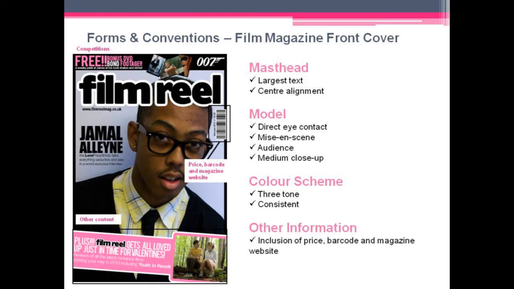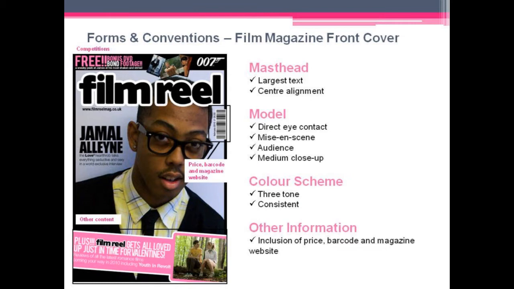The costume used parallels the style of the other texts in order to make the project as authentic as possible. Although not a famous actor, the model's youthful appearance, alongside phrases such as heartthrob and sexy, will appeal immensely to our teenage target audience. I used the conventional medium close-up shot for the mag in order to get both the head and shoulders of the model whilst also limiting extraneous space.